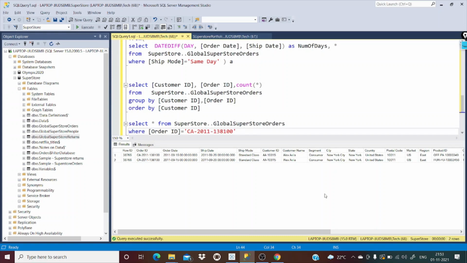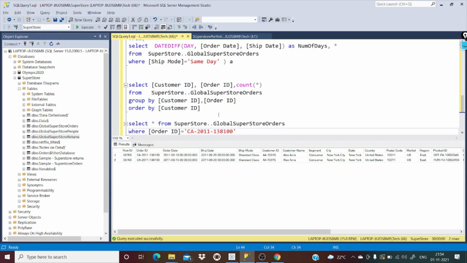Okay, now we have done the EDA part, but we can't share this query with the users. Most of the users do not have access to this SQL server or any other database. So they just want to see the visual. That is when data visualization comes into the picture. So we have understood this data to an extent, not completely, but we will start developing the report, and then if we have any question, we will come back here and try to figure out what exactly the answer for that question is.